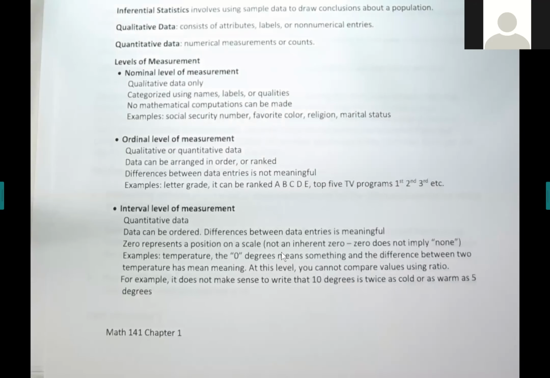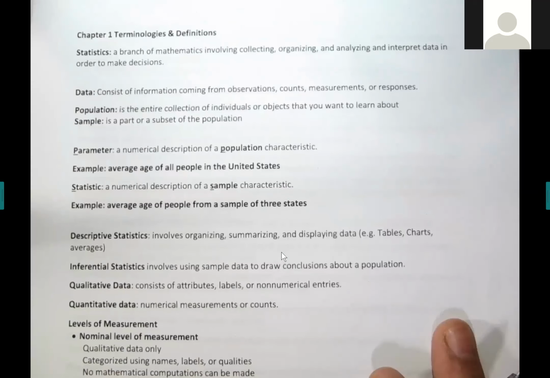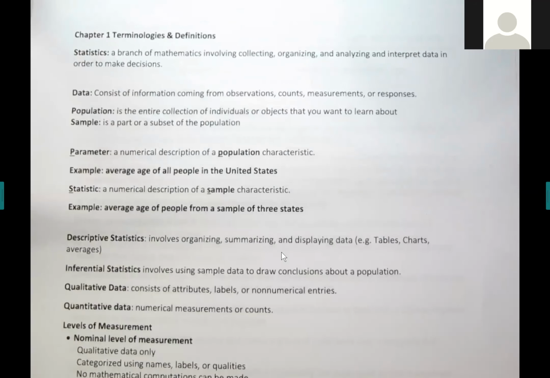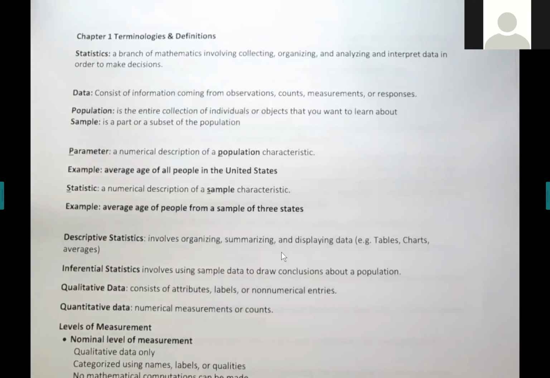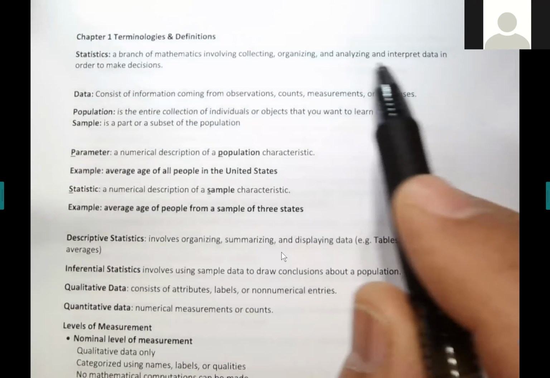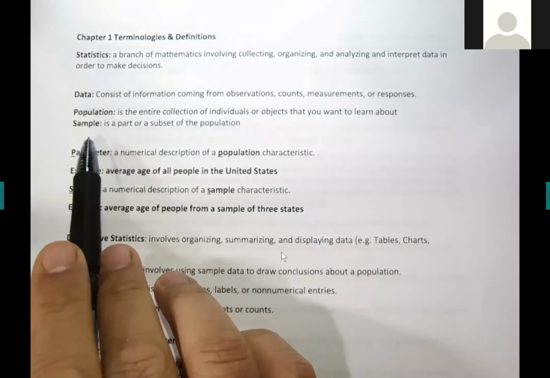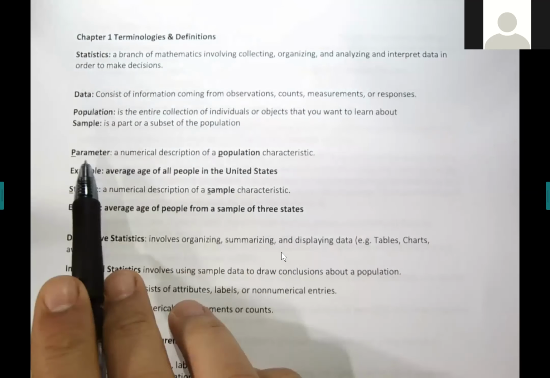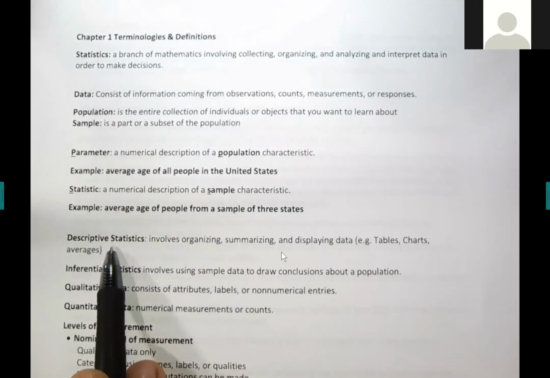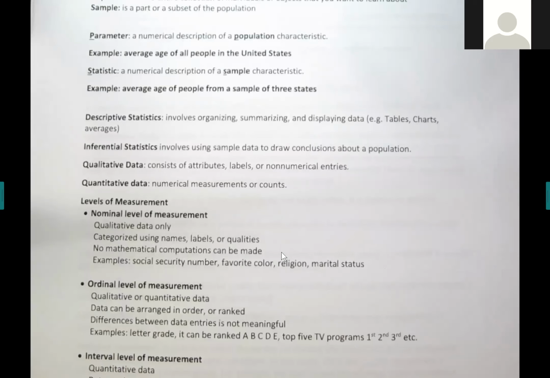And I guess that's the end of chapter 1. Okay, I have a summary here, guys. You can use it if you want to just summarize. It's in your handout. This is a summary of the lesson. So this is what you need to know in chapter 1, and that would be required for the test. You need to know what the data, population, sample, parameter, statistics are, difference between descriptive and inferential statistics, quantitative and qualitative data, levels of measurement that we did, guys, already,